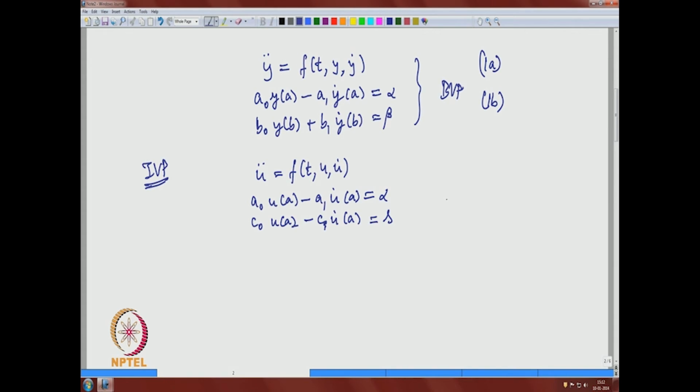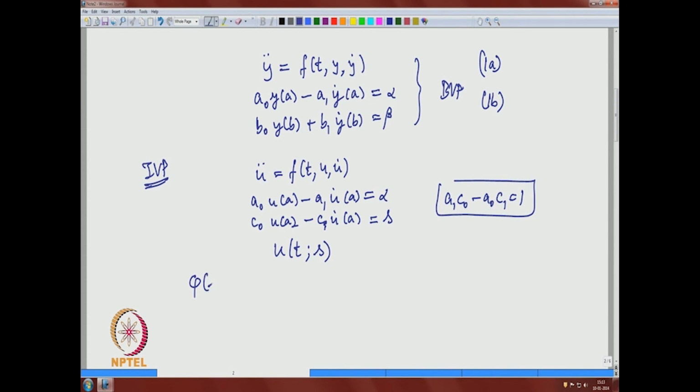Okay, and we are normalizing. So, a1 c0 minus a0 c1 is 1. Okay, so, normalizing that, and we are calling the solution u, stressing the importance and the dependence of s, and